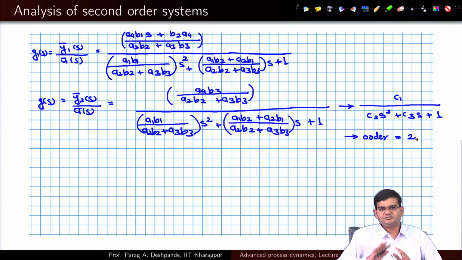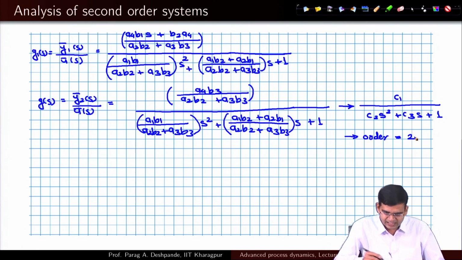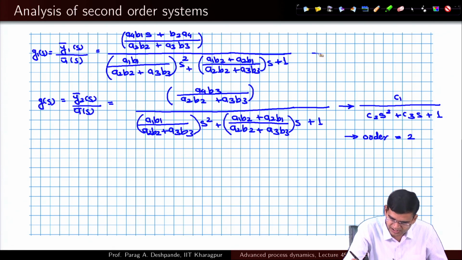Whether I use this formulation or the particular arrangement which I used previously, I anyway got this. But what I see is something interesting here